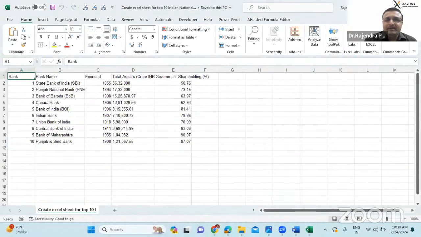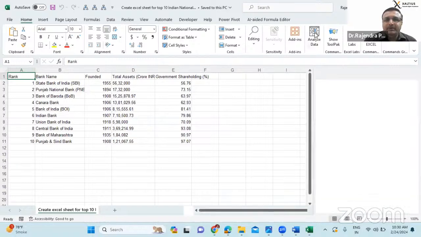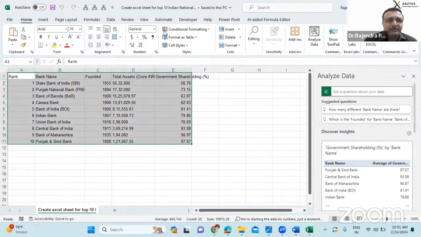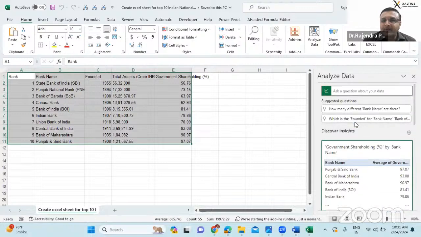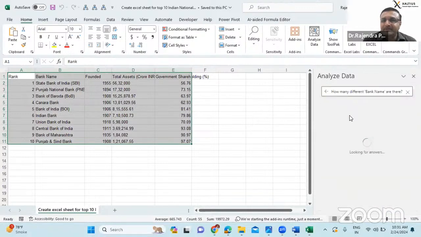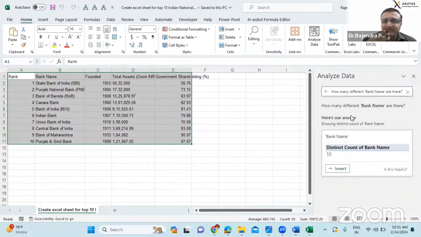Now I will go to insights, analyze the data. I'll just minimize this. How many different banks are there, or which is founded when? I'm getting the questions also. There are total 10 distinct banks.